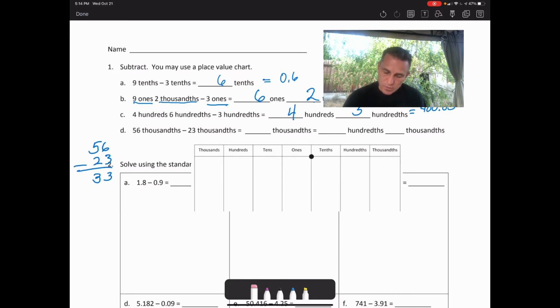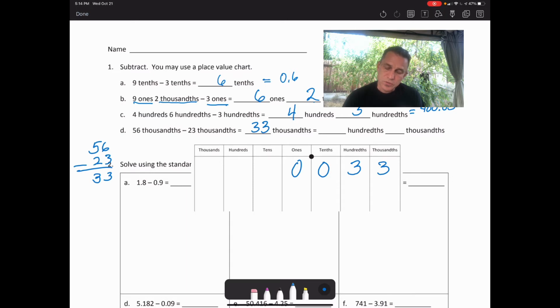So I'm going to put the 3 here, and then there's going to be a 3 in front of it. I'll put a 0 in the tenths place as a placeholder and in the ones place. So now I can fill in these blanks. Okay, so 33 thousandths does go here,